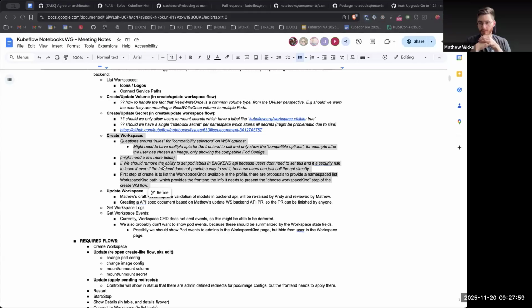Yep. The workspace kind update, I think we talked a lot about it last time. We can talk about it later. But Charles, do you understand what we're saying? Has Andy showed you the flow where, as part of the create or update workspace, you get your options by calling a specific API, and then when the user selects one... We talked about the filtering and which part is handled by the front end and which part is handled by the back end.